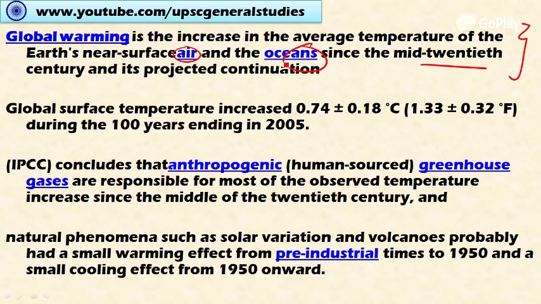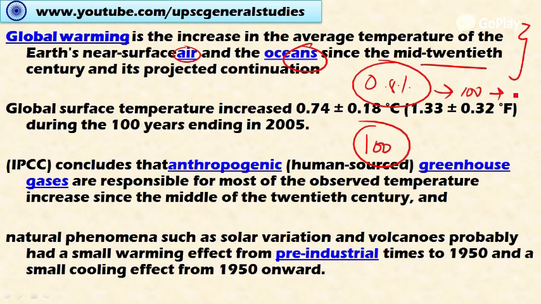And the global surface temperature over the past 100 years increased by about 0.8 degrees Celsius. The Intergovernmental Panel on Climate Change, that is the IPCC, which is the authority on global warming and climate change related issues, concluded that anthropogenic, that is human sourced, anthropo means human beings, genic means generated, okay, human sourced greenhouse gases are responsible for most of the observed temperature increase since the middle of the